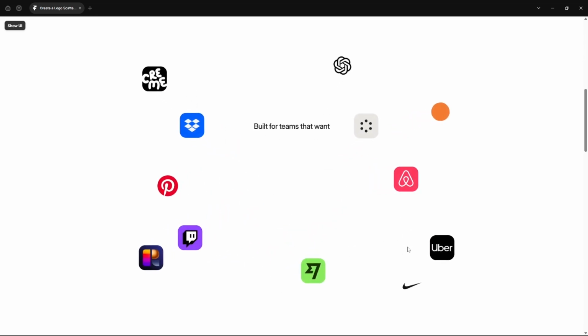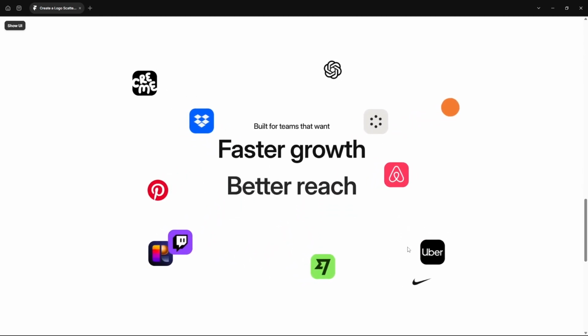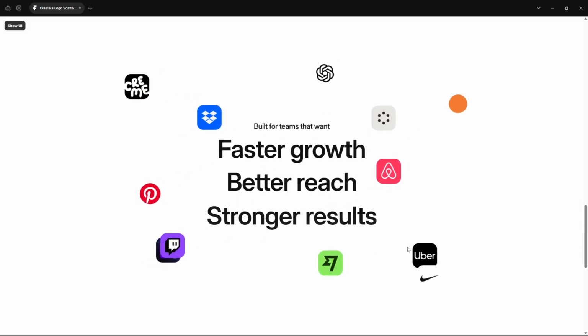Hi everyone, in this tutorial, I'll show you how to build this logo scatter animation on scroll in Framer, no